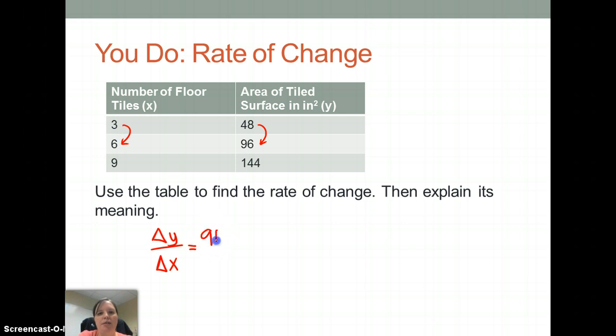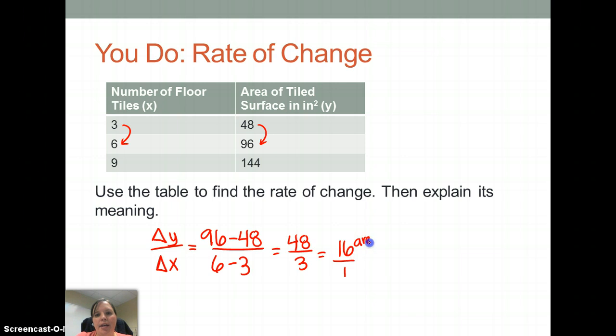The change in the Y value would be 96 minus 48, and the change in the X values would be 6 minus 3. So 96 minus 48 is 48, 6 minus 3 is 3, so the rate of change would be 16, or 16 over 1. And again, if we look at the units to help us explain the meaning,